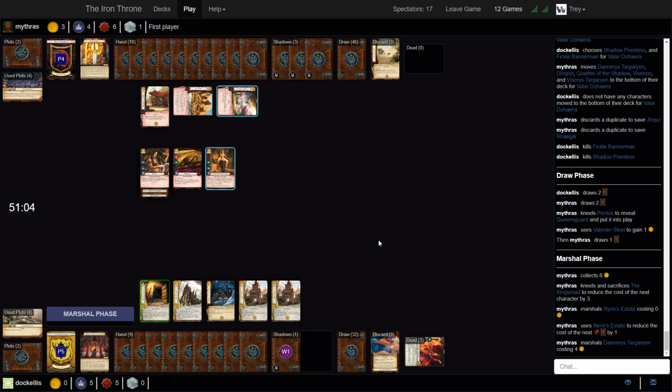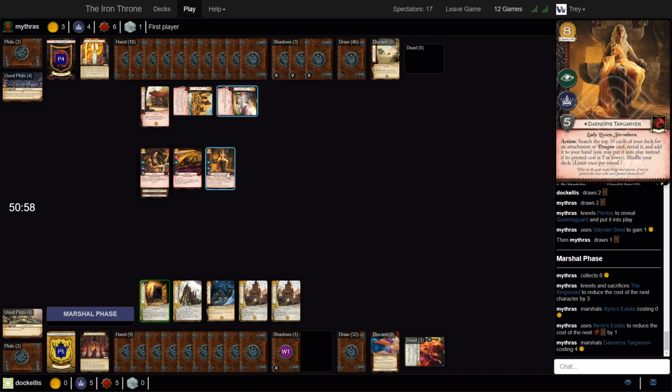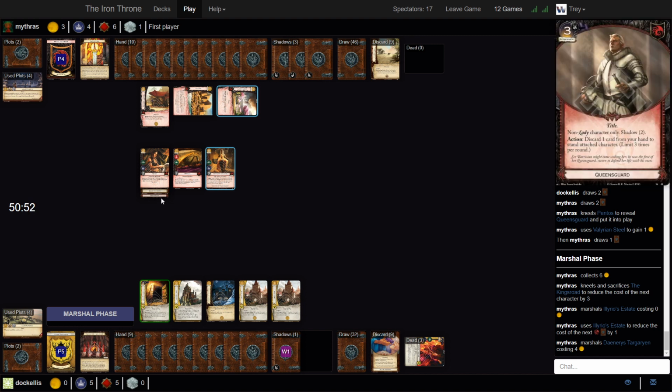So Pentos goes out, Pentoses Queen's Guardian on Jiqui, which on the one hand, hey, 3 gold for free. On the other hand, you stuck it on Jiqui, who's not who you wanted to Voltron. Well, what just happened? Did